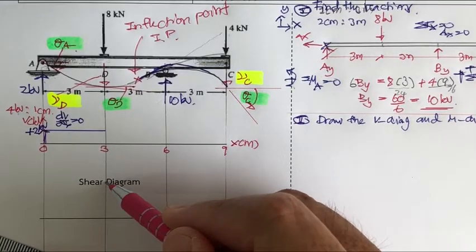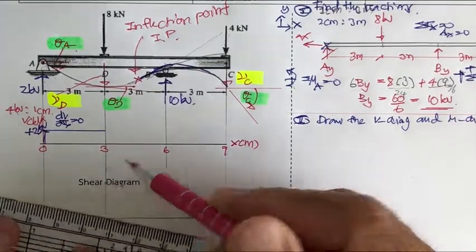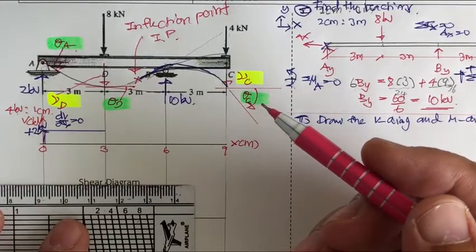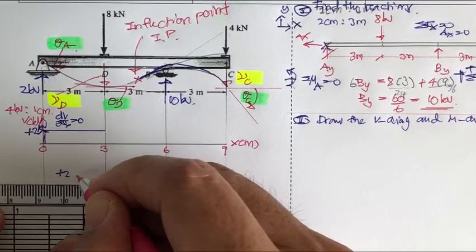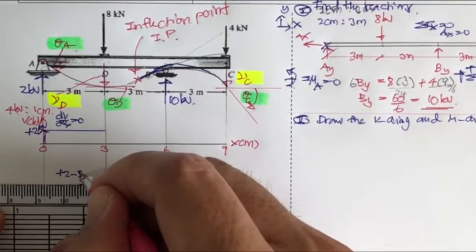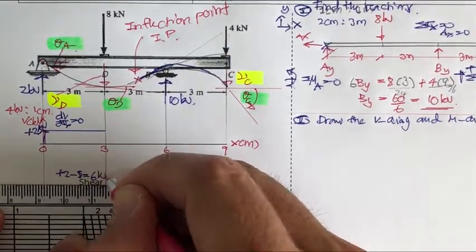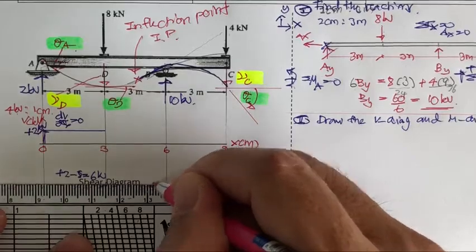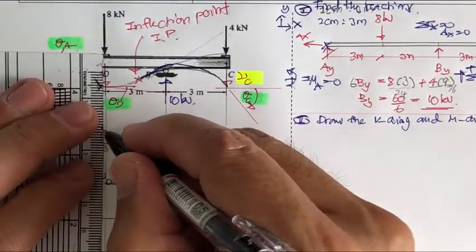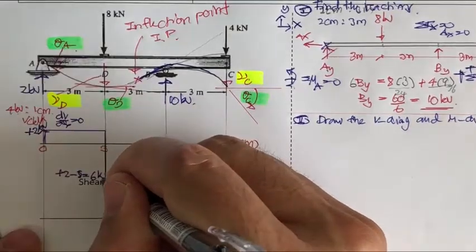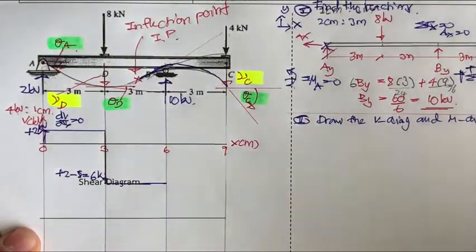Okay, it's going to be down here, and what is it going to be? It's going to be plus 2 minus 8. That is going to be 6 kilonewton. That's going to be 6 kilonewton with the downward. Okay, a bit about this, and then it's going to be